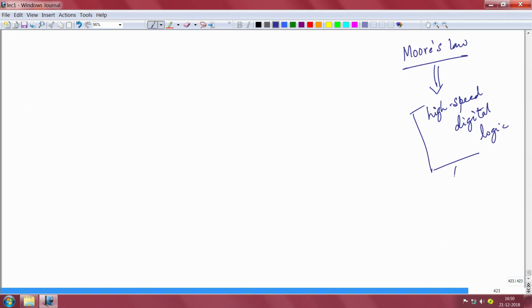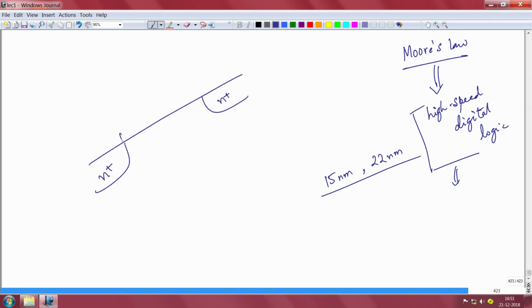Now in more recent times, CMOS is a planar device, and a planar device at such a small dimension as 15 nanometer, for example, or 22 nanometer, will have terrible short channel effect. Your gate is always at the top. So, you have an N plus here, and then you have a dielectric here, silicon dioxide, for example, or hafnium oxide. It's a high K dielectric that you use. It cannot use silicon dioxide only. So you will use hafnium dioxide, and then you have a metal here.